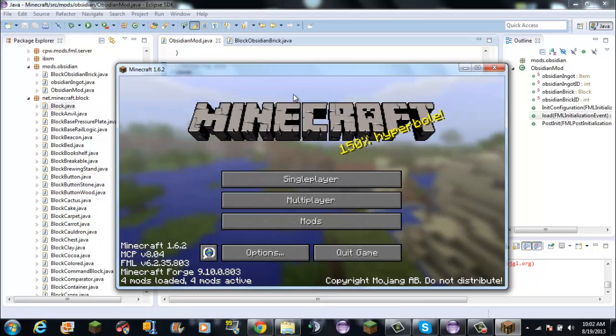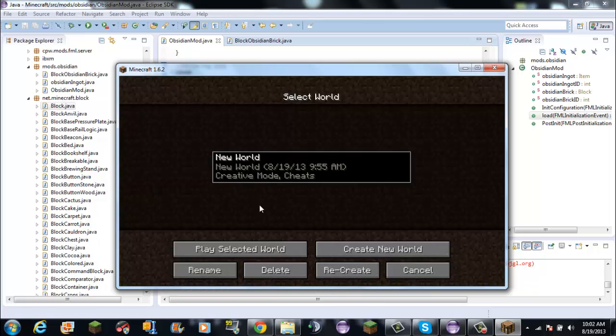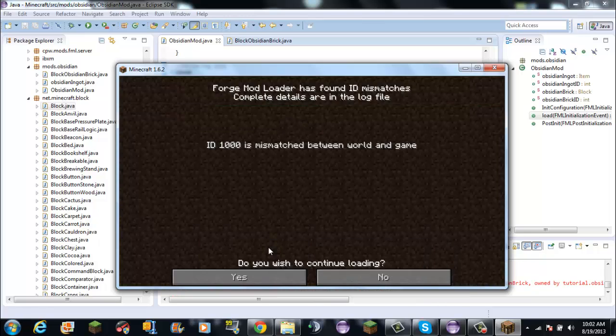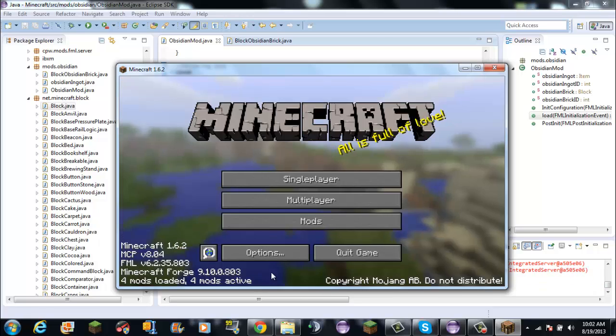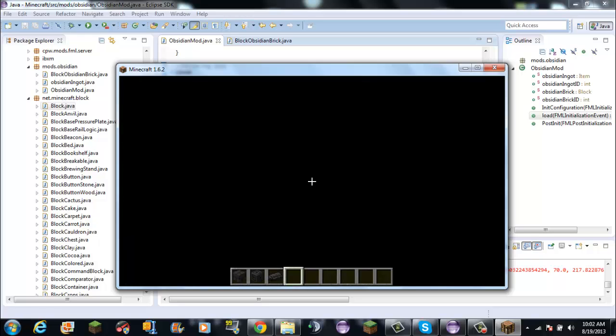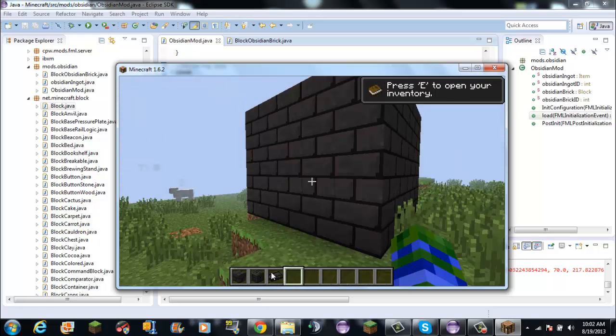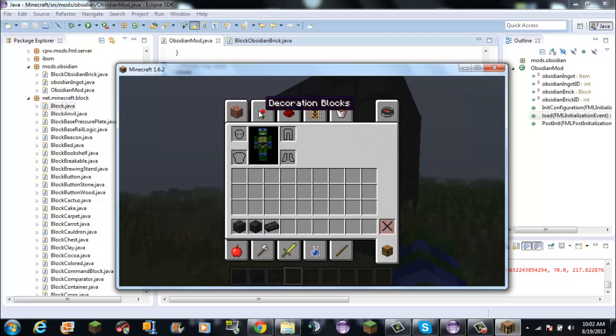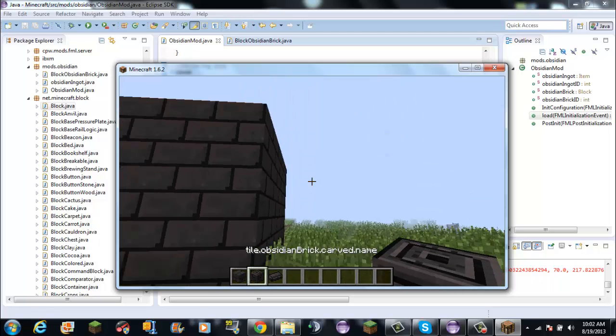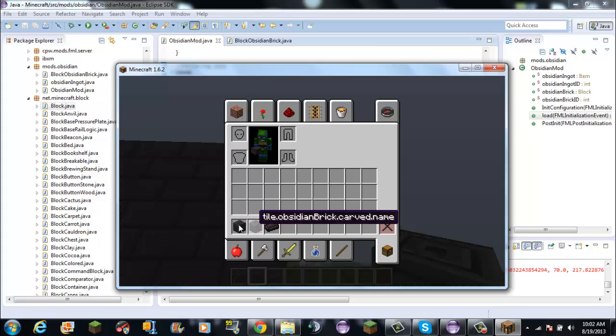So anyways, we go in here and you will notice two things. First off, there is a mismatch between world and game. That's not really a problem. Ooh, what's my skin? Oh, I'm a Leonardo apparently. But first off, these have new names: tile.obsidianbrick.default.name and